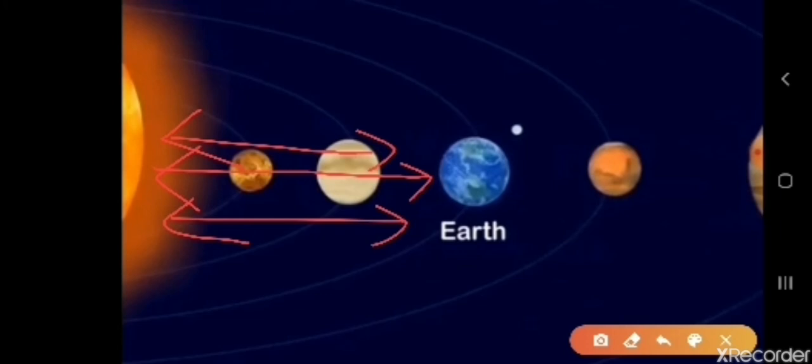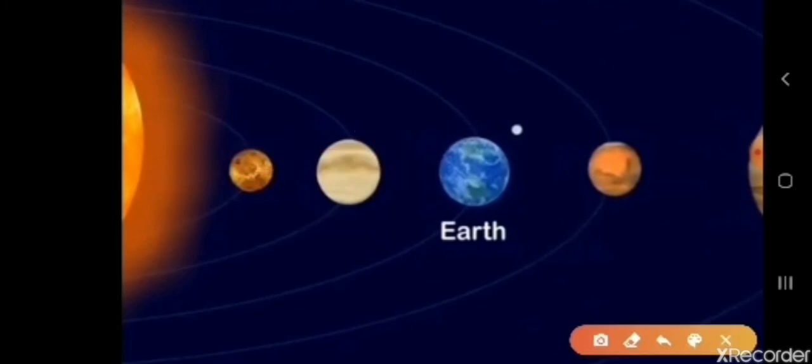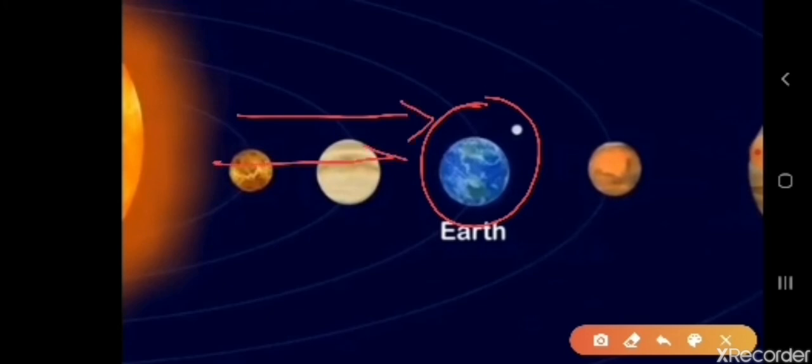Children, as we have discussed earlier, the layer called atmosphere prevents, as we know, there is a layer around this, and this layer prevents the harmful rays from entering the earth surface. So children,